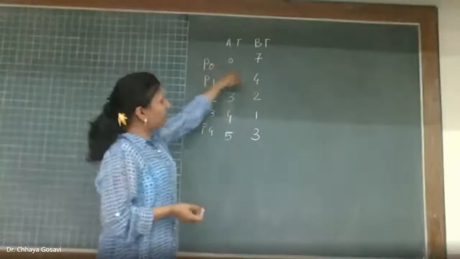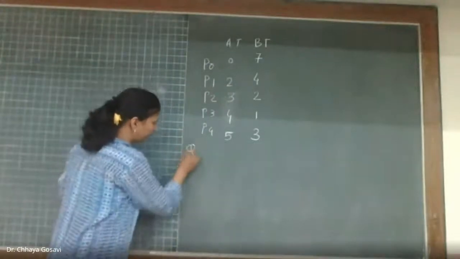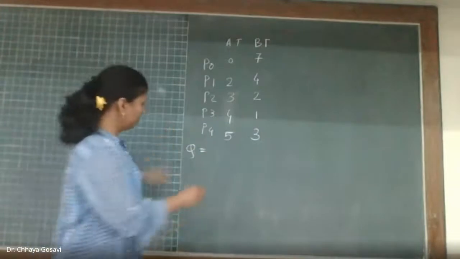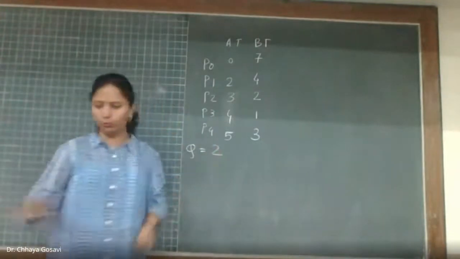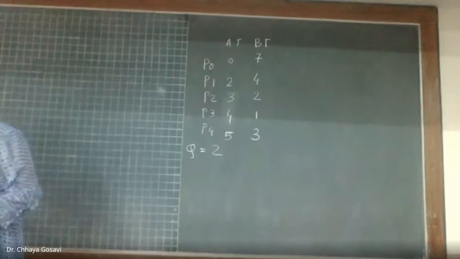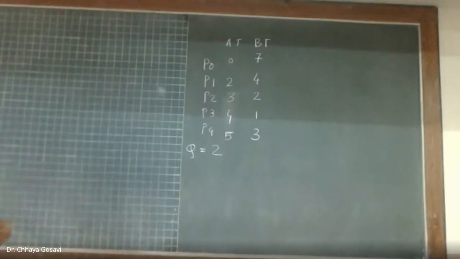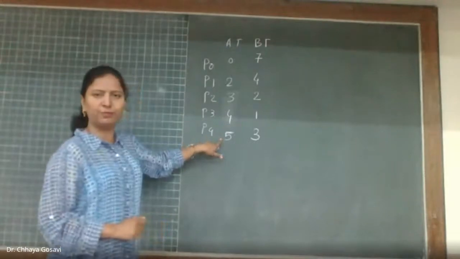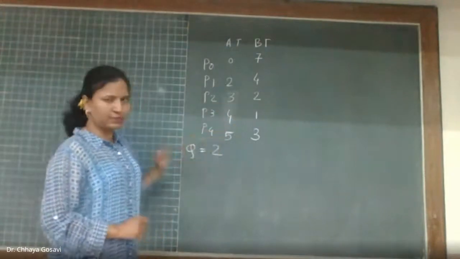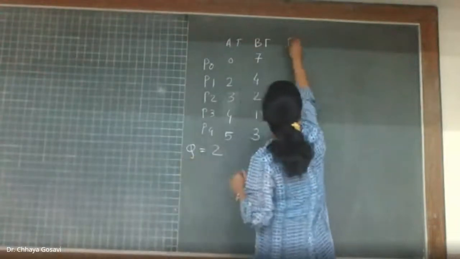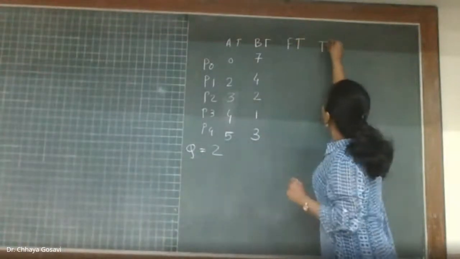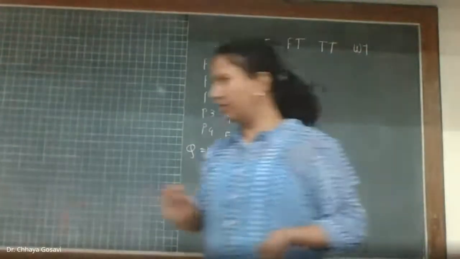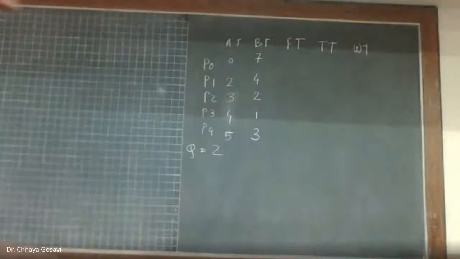So this is arrival time and burst time. We are going to learn round robin with arrival time. So assume quantum is equal to 2. Arrival time for all these processes is 0, 2, 3 and 4, 3, 4 and 5. We have considered 5 processes and with burst time. And we have to calculate finish time, turnaround time and wait time. We will take the same example that we discussed in previous session.